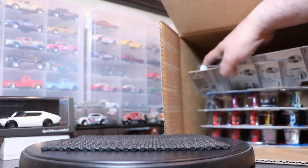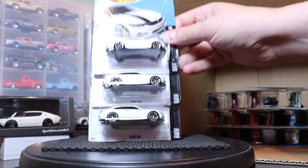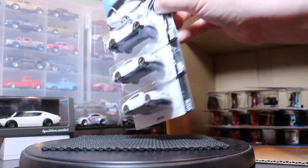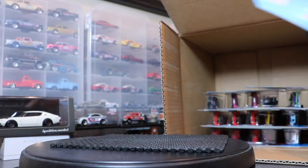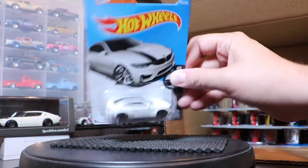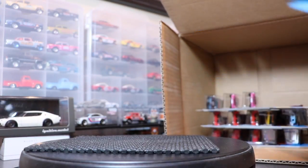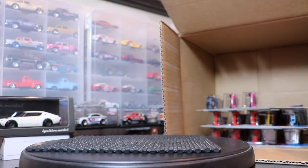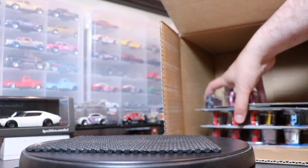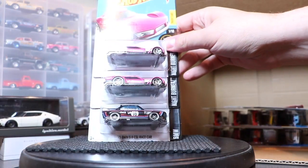Next up, I think holdover from the last case. BMW M4 in white. Front rear tampo. I love this casting. Yes, it didn't get the black stripe that is on the card. We talked about that last time, but doesn't look like they're going to try and change it. Another BMW and the What's Up. The Driftsta,